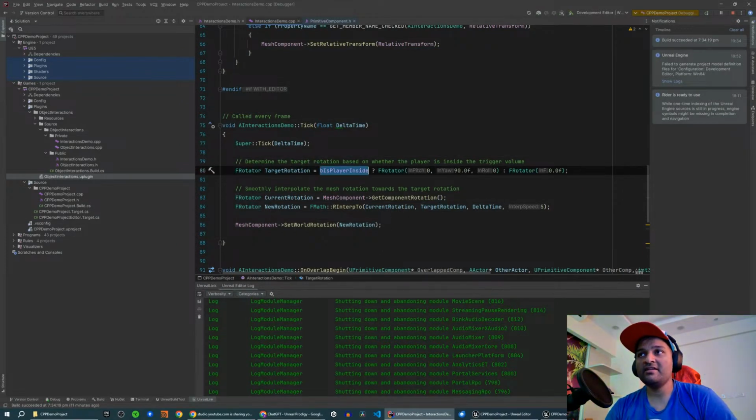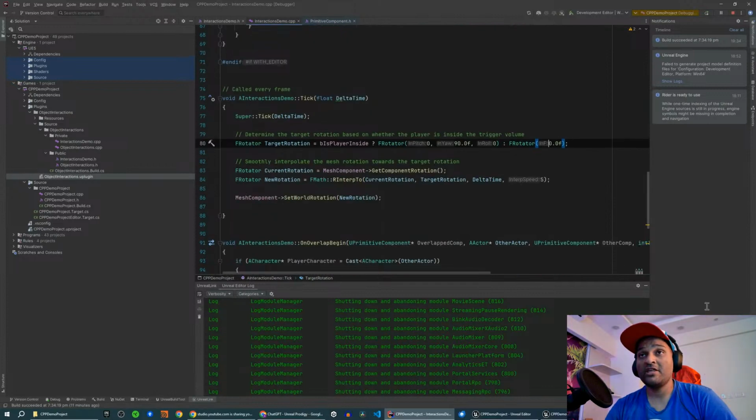If the player is inside, then the target rotation is going to be 90. If the player is outside, the target rotation is going to be 0. So current rotation is going to be the current rotation of your mesh. We get that by calling the get component rotation function for your mesh. New rotation is going to be the